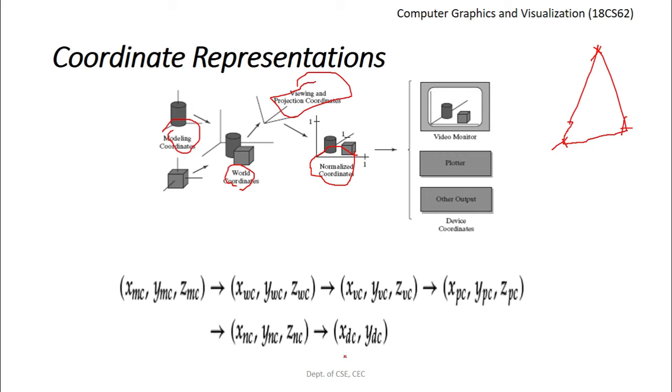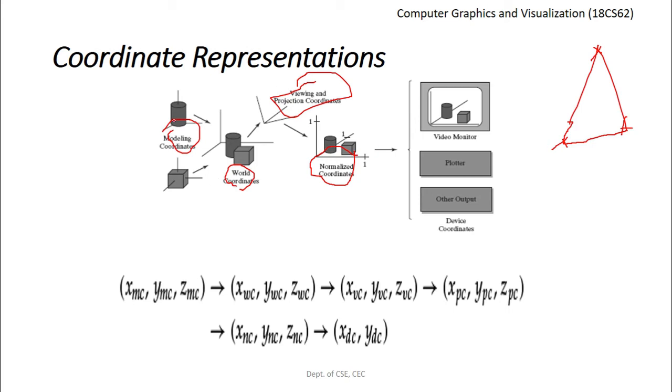So what we need to note here is that the geometric descriptions in modeling coordinates and the world coordinates can be given in floating point or integer values. The values for x, y and z can be either given in floating point numbers or integer values as well. Okay. So this diagram here briefly illustrates the sequence of coordinate transformations from modeling coordinates to the device